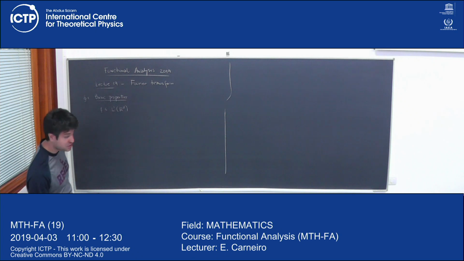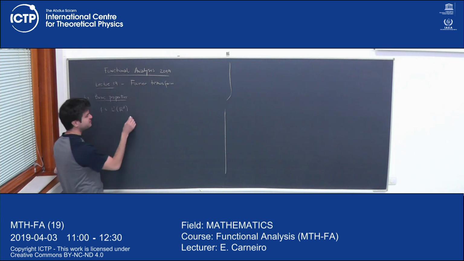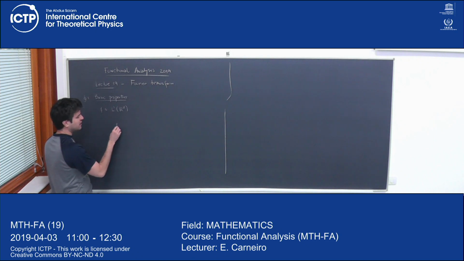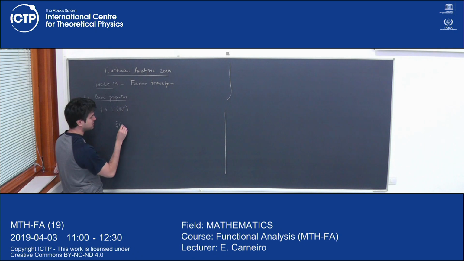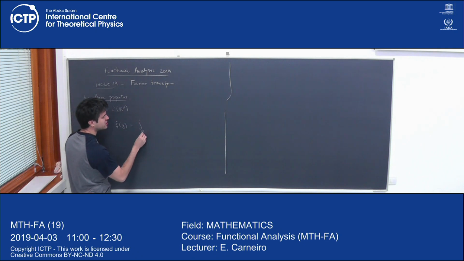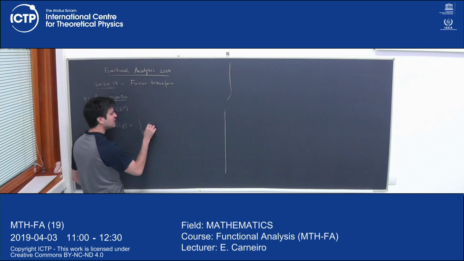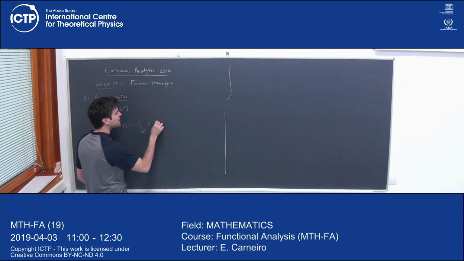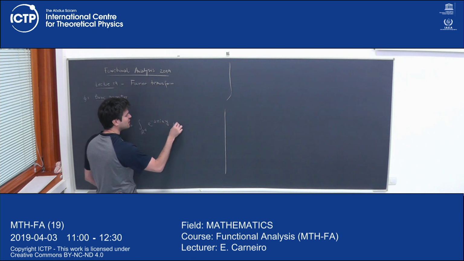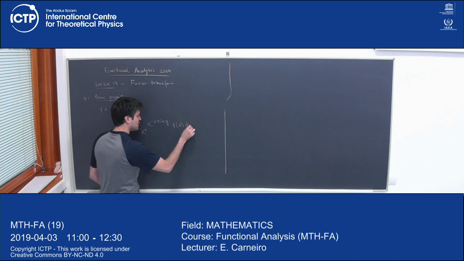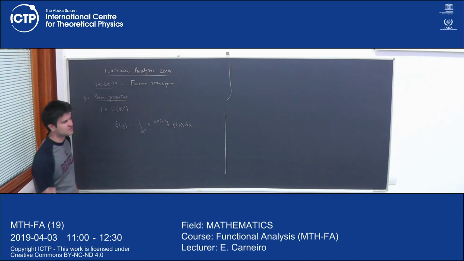Okay, an integrable function in Rd. And I will define f hat, the Fourier transform, at a point, let's say y, will be just the integral over Rd of e to the minus 2 pi i x y f of x dx. Okay,